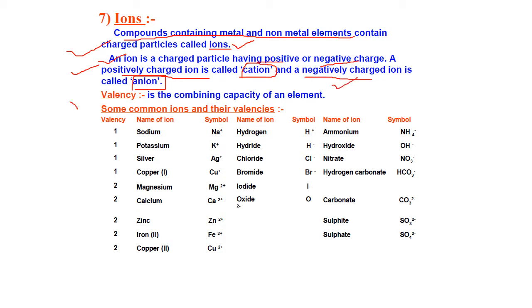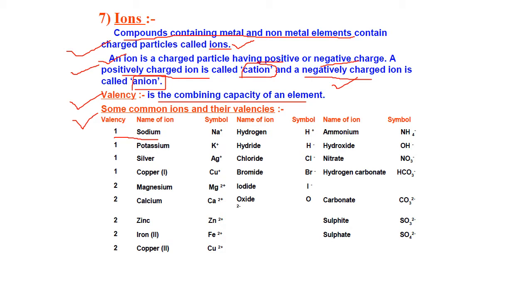And what is the valency? It is the combining capacity of an element. You will be studying further in detail what valency is as well. Valency is the ability of an element, how much it can combine with the other. For example, some of the common ions and their valencies are, for example, sodium has valency 1,